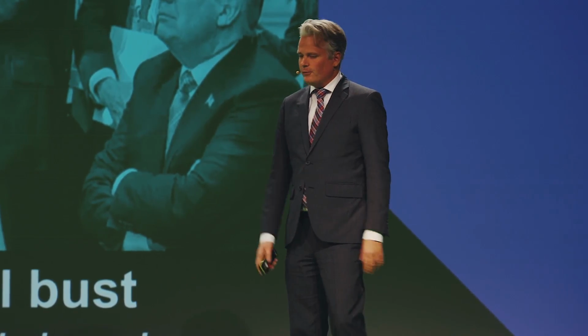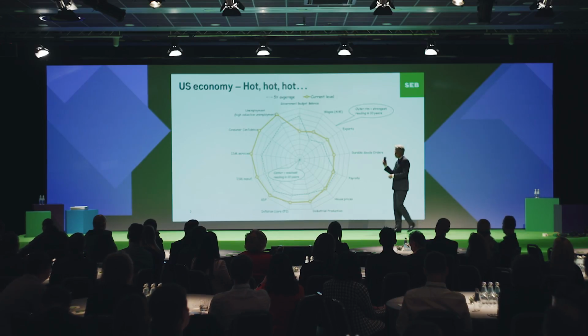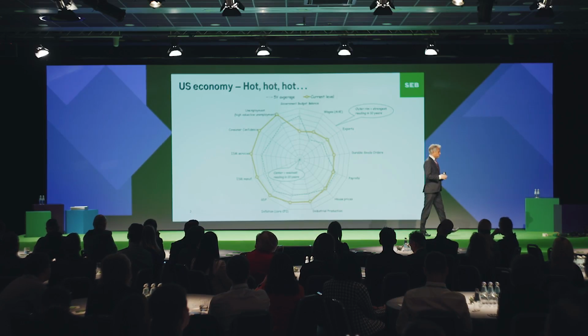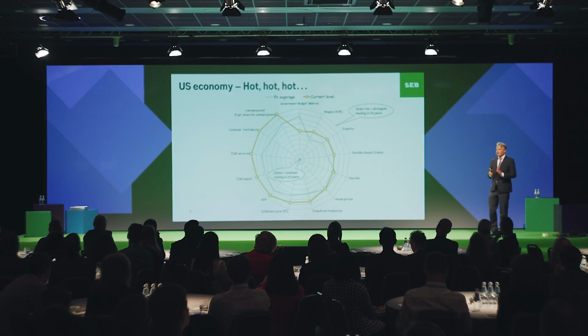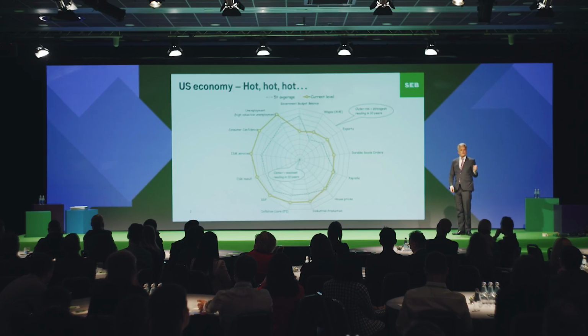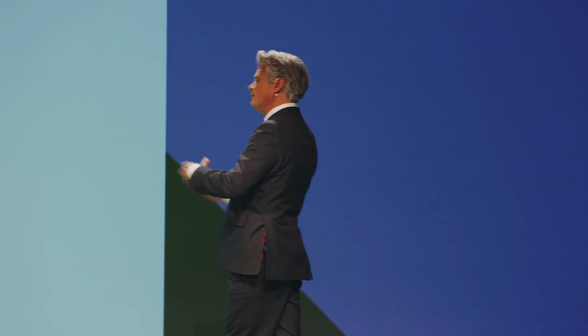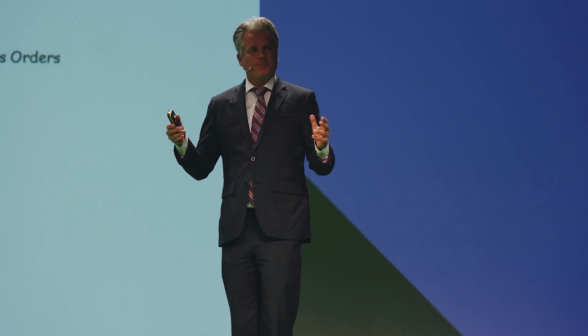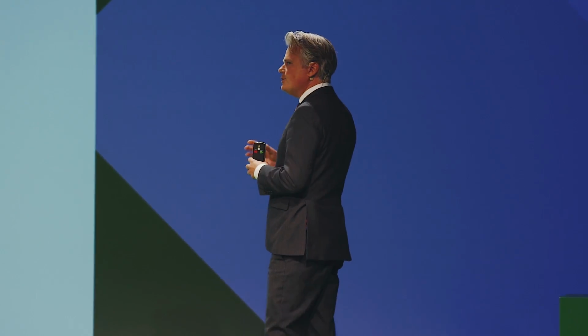So let's kick off. Okay, this is a chart that on first glance may seem a little bit messy. It has to do with the US. Do you know why economists are so preoccupied with the US? Well, first of all, it's the biggest economy in the world, but that's only part of the reason why economists are so focused on what's happening in the US. The other reason is that the US economy has leading properties, i.e. what happens in the US tends to happen in Europe and elsewhere in the world with some delay.